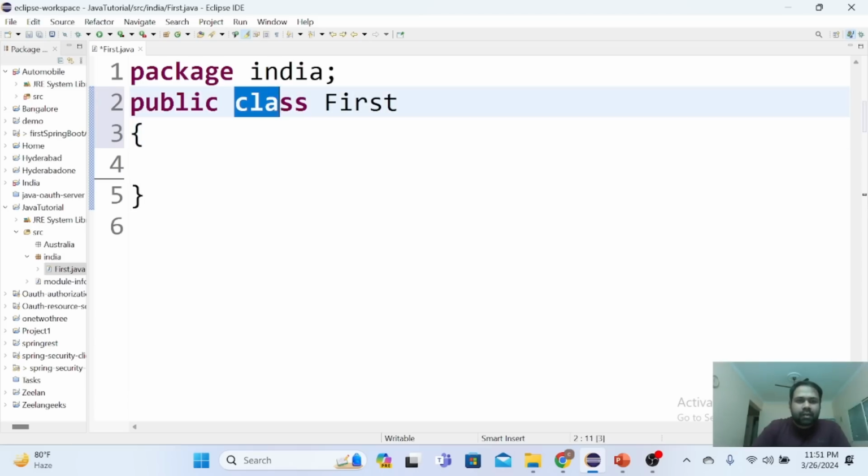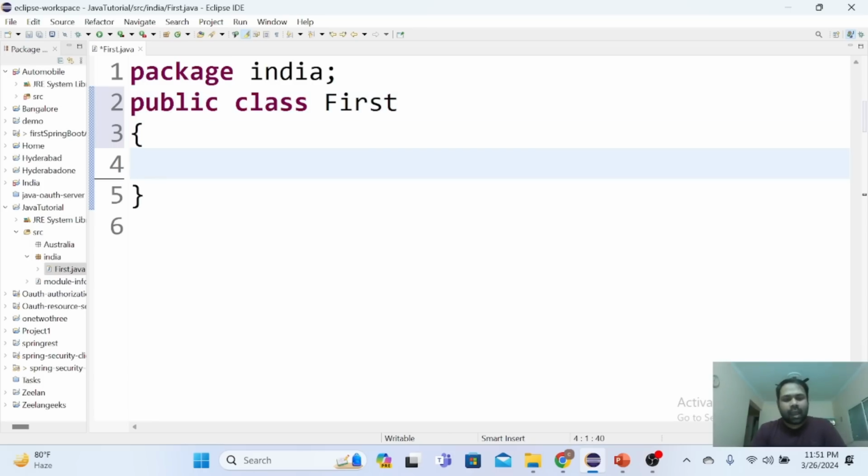And do remember, class is the keyword here which is used for creation of a class. Okay, now what is this public? This is what is called an access specifier. We will be discussing it in the coming time. Okay, we have a topic called access specifiers. So in this topic I will be discussing what public is. As of now you can write public. Okay, within the class what you need to write is